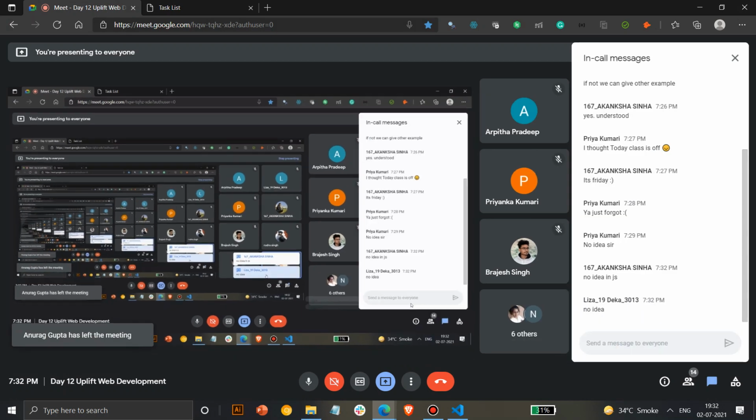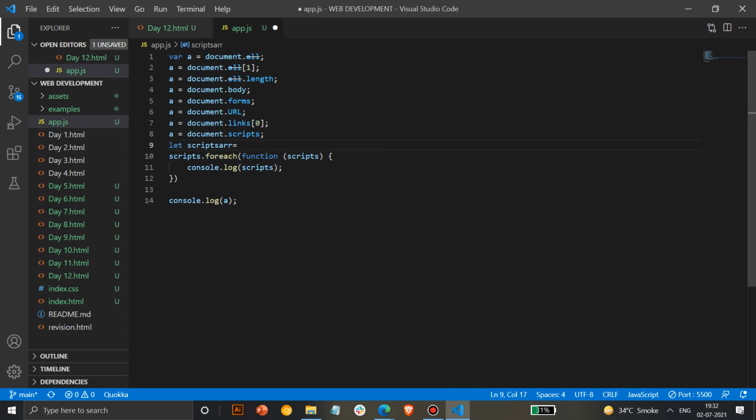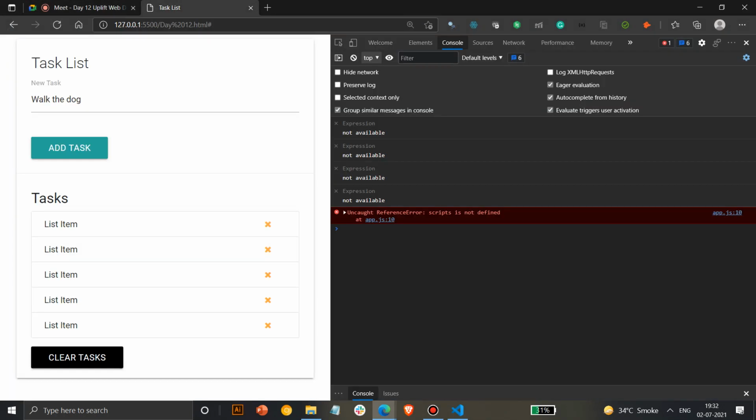No idea in JS. Okay, in any other language, how do you do it? Like in Java, yes, we define a list, like a new ArrayList, and then we use add, like we get the objects, like we get the collections. If we don't have collections, then we have objects, then we get them and add them into the array. Yep. That's correct with respect to Java.